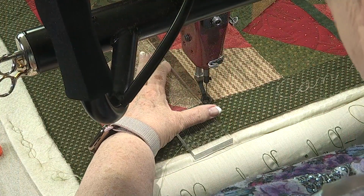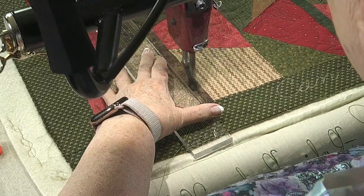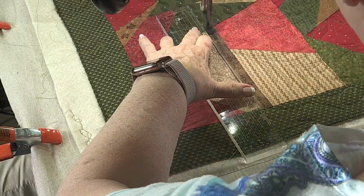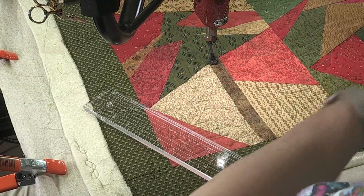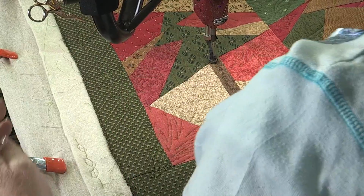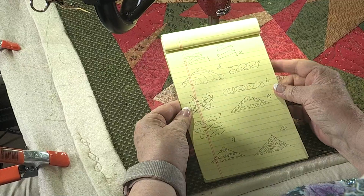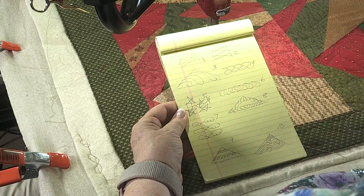I decided I'm going to do the stems very simply and just do a line right down the middle. So I'm using my ruler just to go down the middle. I'm only going to do one, showing you one. The rest I will do, but I won't do that on camera again. Now I quickly sketched out some of the freehand ideas that I love that I thought would go really well in these trees. So we'll just